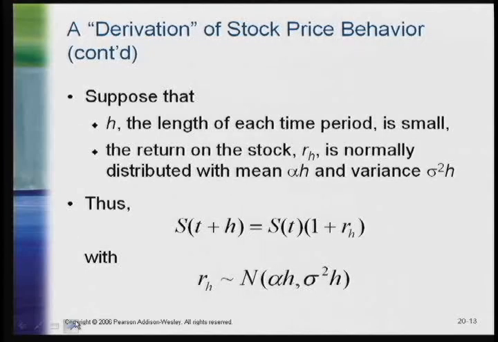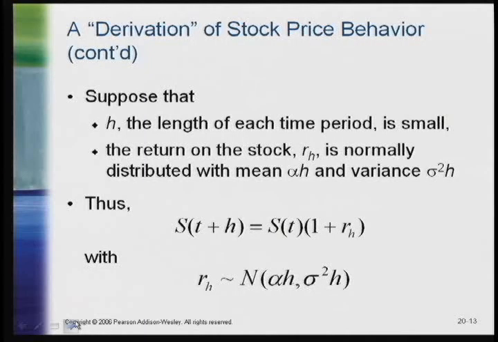So in this derivation of the stock price behavior, and here we're just doing a little bit of background mathematics to motivate geometric Brownian motion a little bit more, and to motivate the model that it represents a little bit more. So let's imagine that we've agreed that we'll have these normally distributed returns. And as in the past, h is going to represent the length of a time interval. Intuitively, we're always thinking h is going to get small because we ultimately want to know the limit when h goes to 0. But think of h as a small time interval. And Rh is going to be the normally distributed return. And let's assume that it has a mean of alpha h and a variance of sigma squared h.